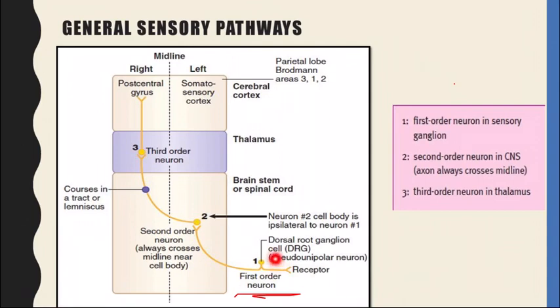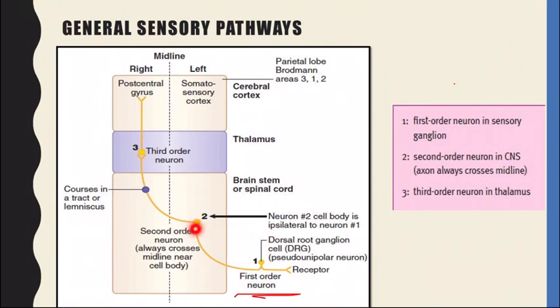The dorsal root ganglia neuron is pseudo unipolar. Why do we call it pseudo unipolar? It appears that this cell body is giving only one branch, but that one branch bifurcates after some time. So it appears unipolar, but it is not unipolar, it is bipolar, that is why it is pseudo unipolar. The peripheral branch goes to the receptor and the central branch goes to the spinal cord, and